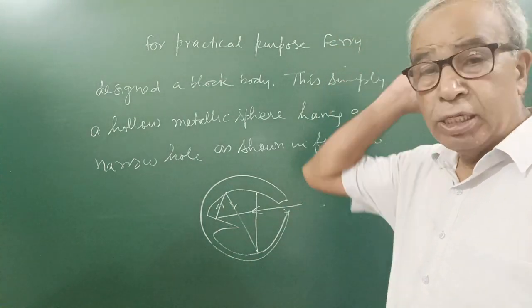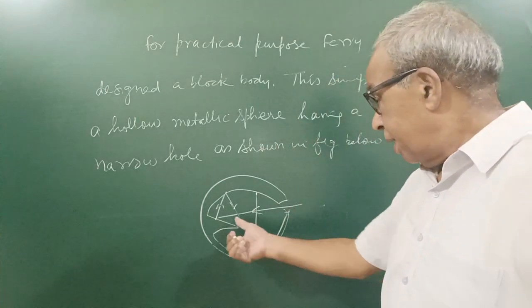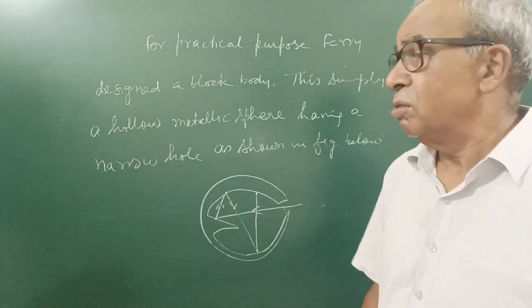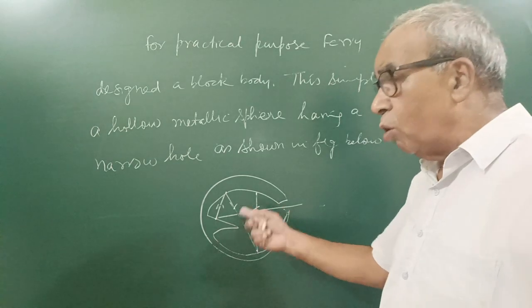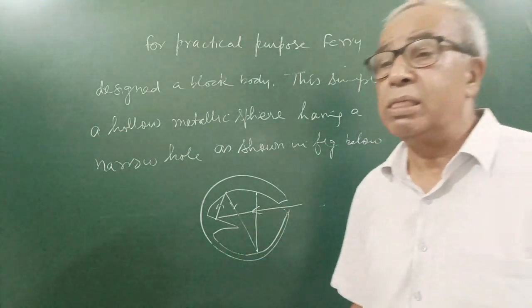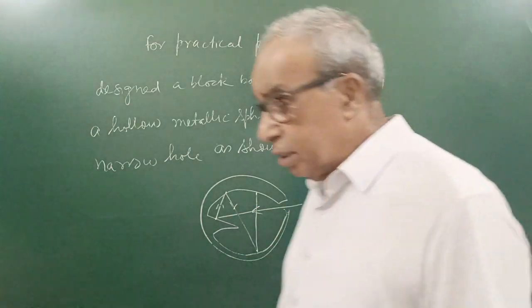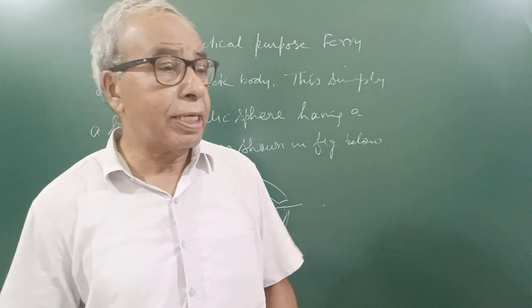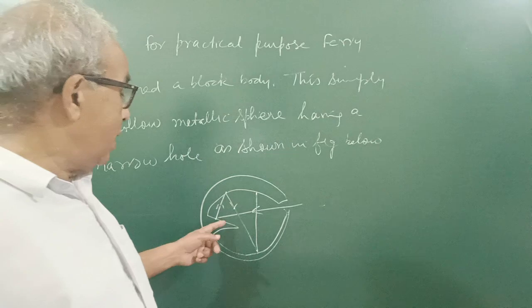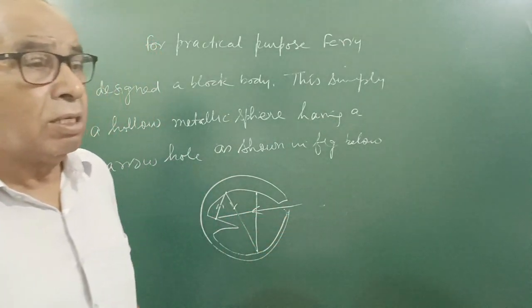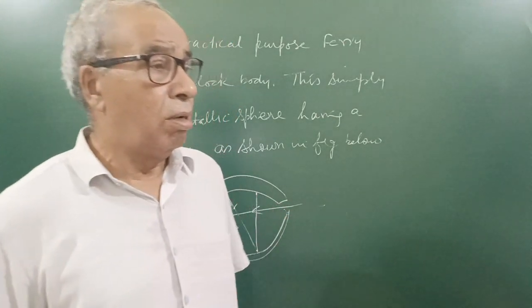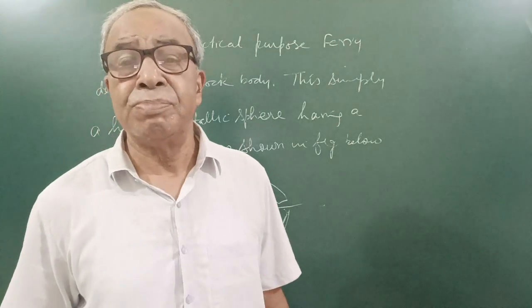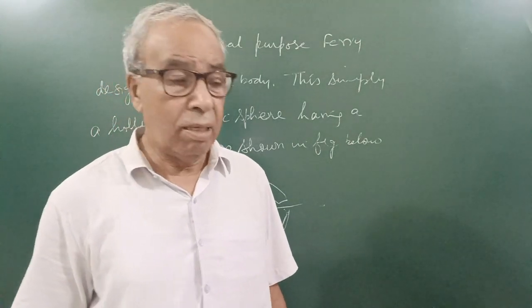Now when this body is heated, it emits all radiation. Okay, and this hole is also called a cavity. So when there is a cavity somewhere and that whole body is at high temperature, then the radiation coming from inside has large intensity and gives us a large amount of energy.